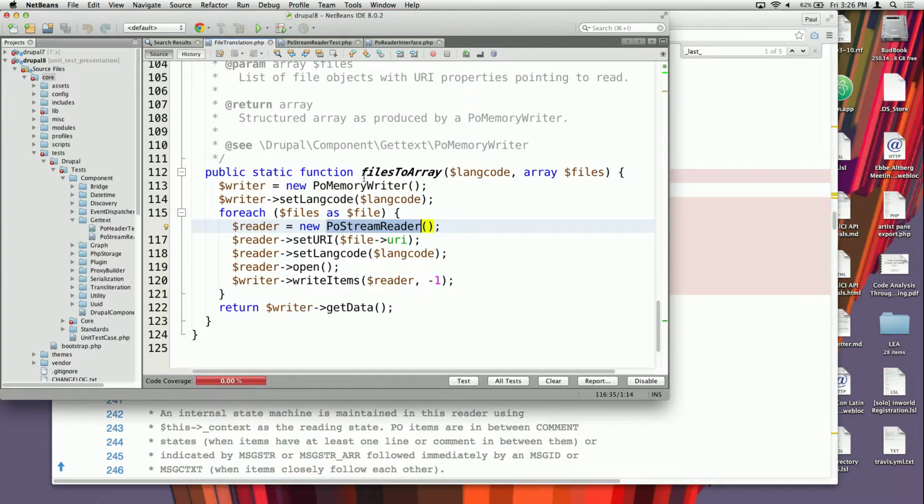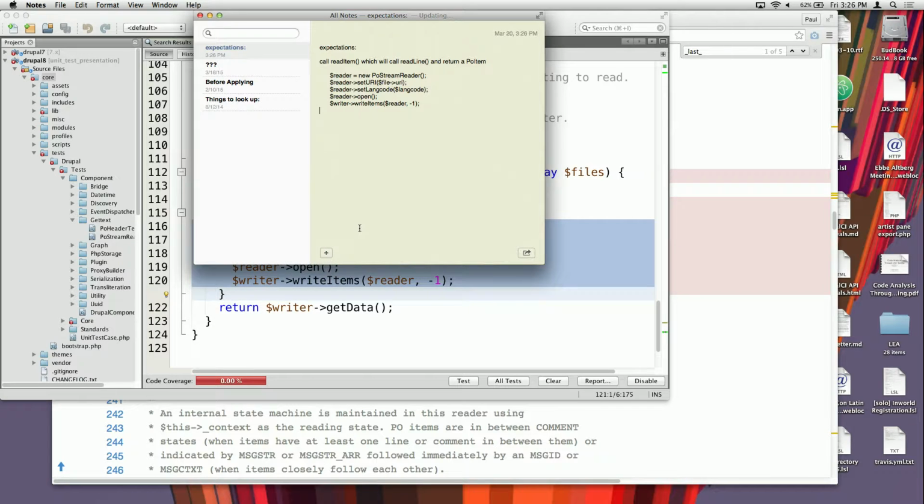Hey look, file translate has a public static function called files to array, which gets a PostStream reader, and then we discover some of the dependencies and what it needs to do before we can actually check our analysis. We've made an analysis, now we have to find out how to check it. So here's a pattern for reading in a PO file. I'm just going to copy paste that in here, although that sucks. So now we know that we can